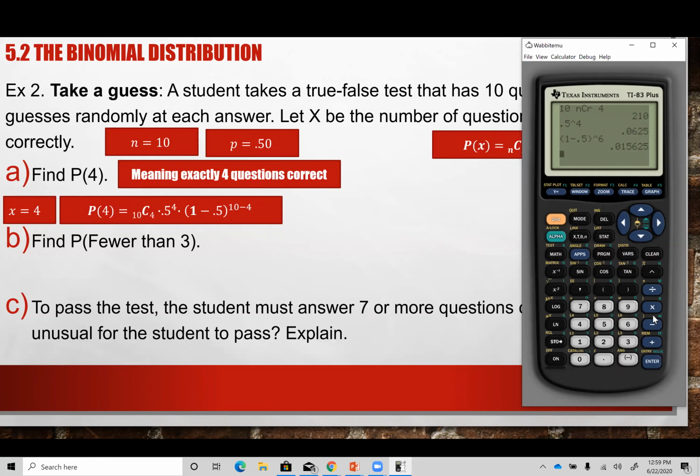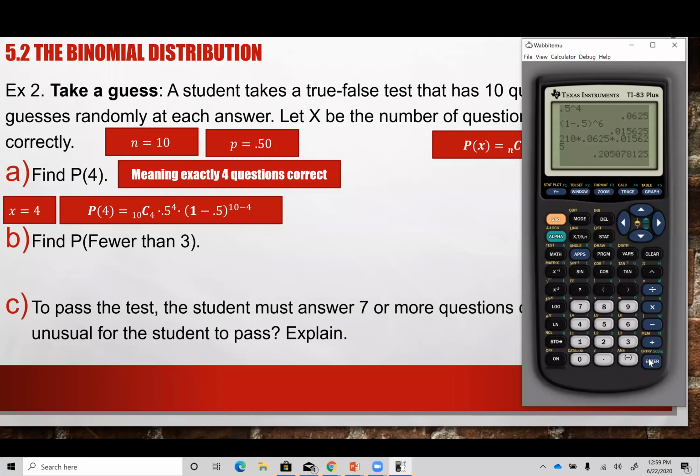0.015625, which is, now all I need to do is take 210 multiplied by 0.0625 multiplied by 0.015625. And ladies and gentlemen, like I mentioned before,